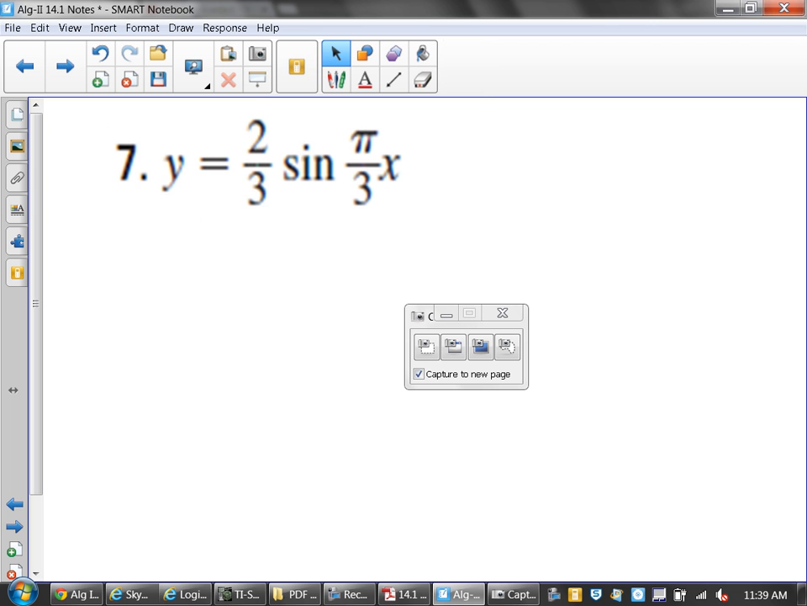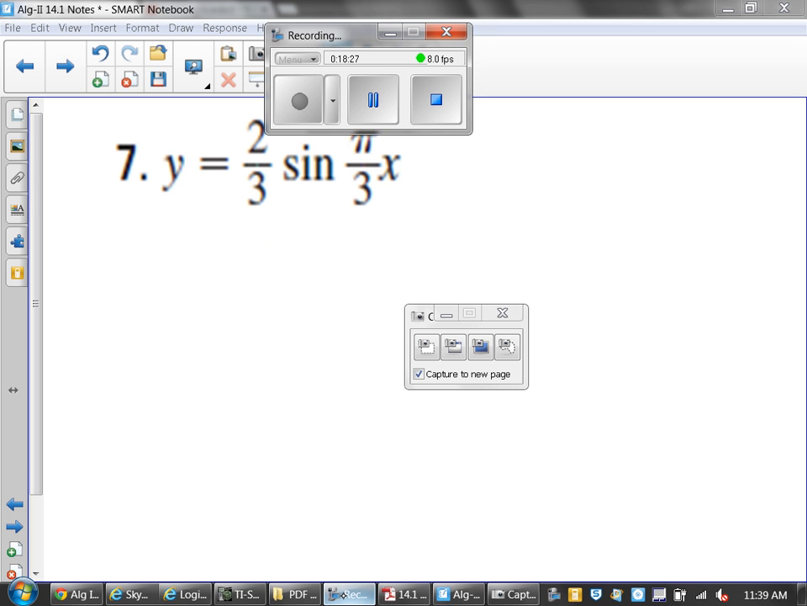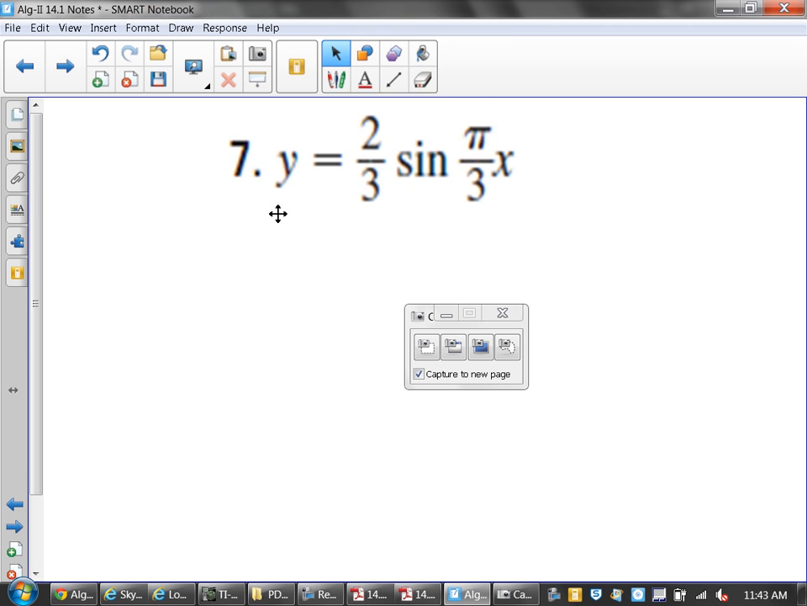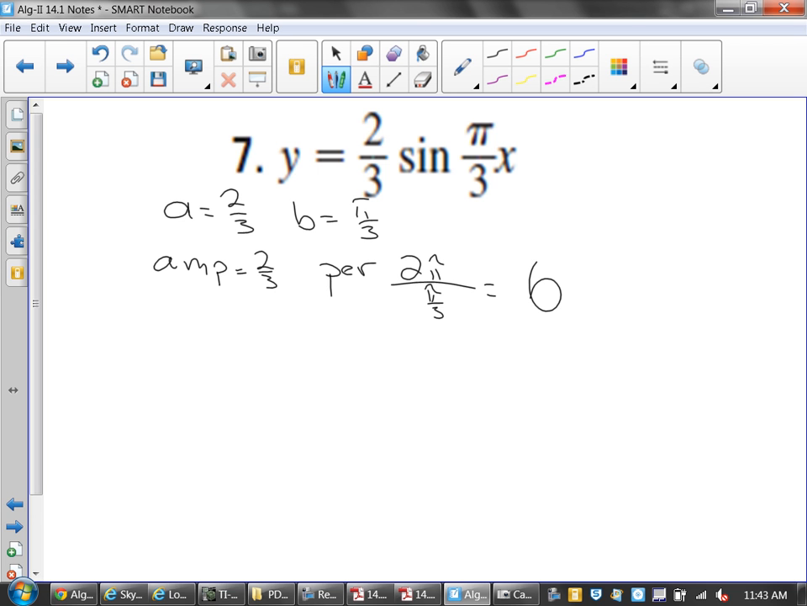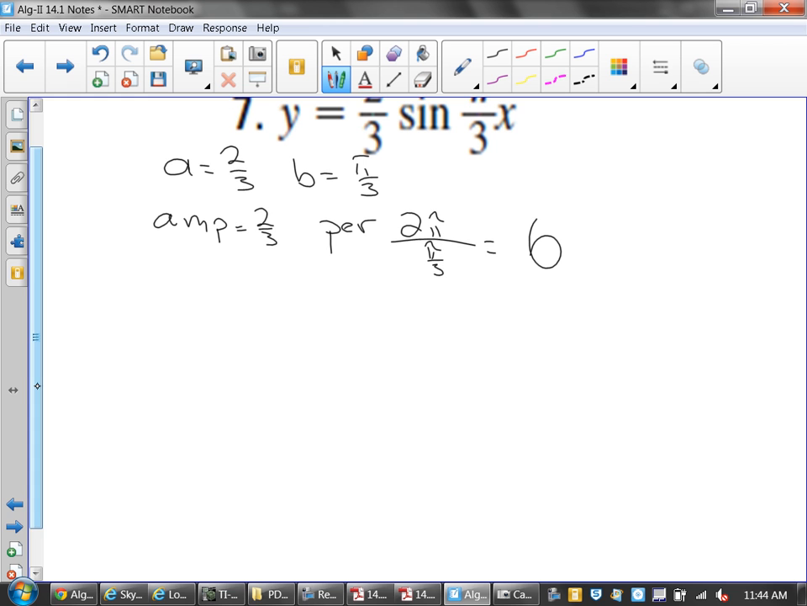Graph that. All right, so let's see here. In this case, you had an A value of 2/3, a B value of pi over 3, which means your amplitude is 2/3. Your period is 2 pi over pi over 3, which is 6. Because whenever you have a fractional B amount,